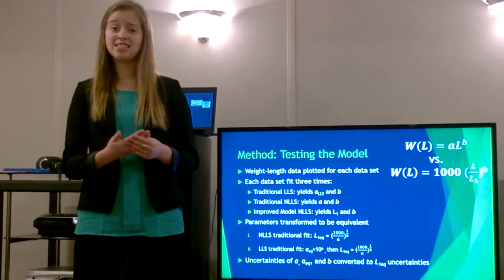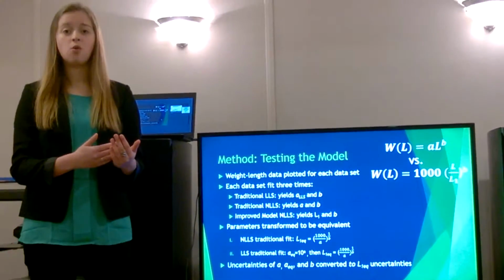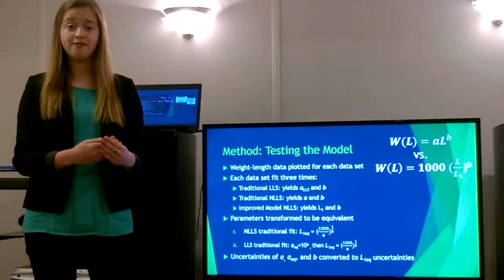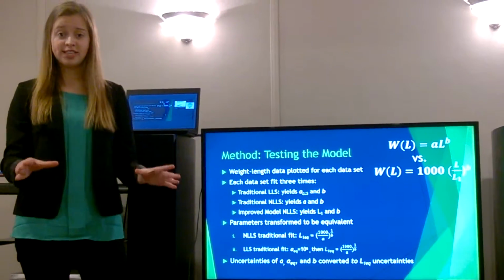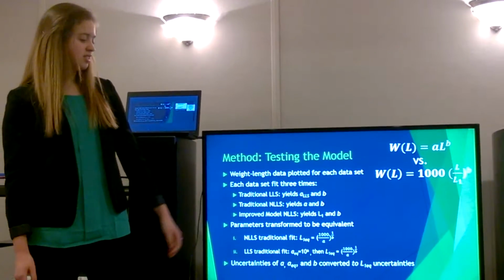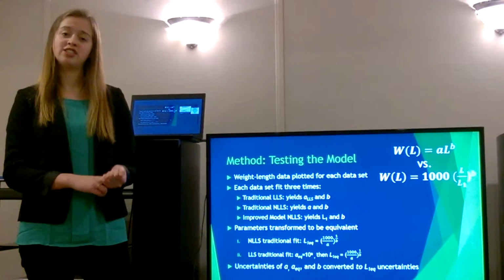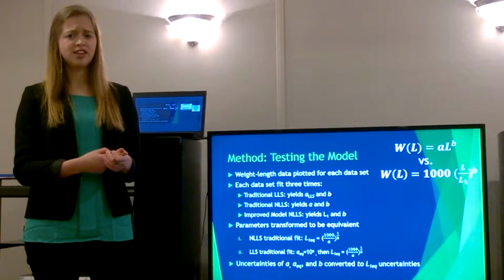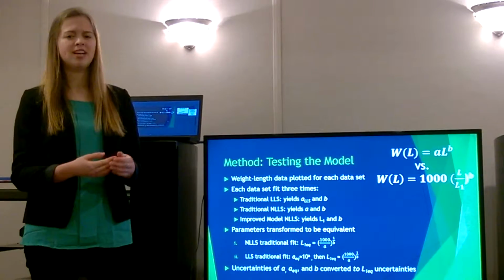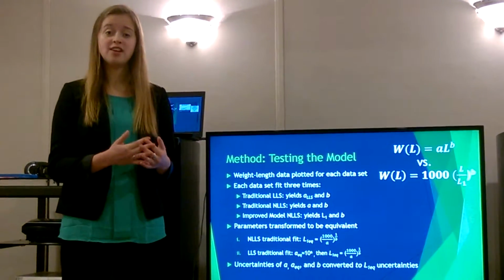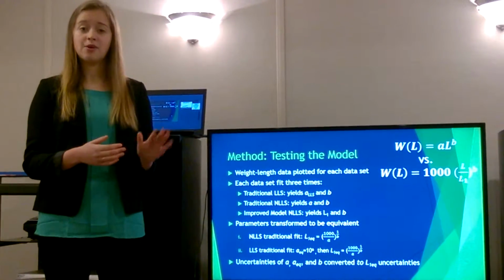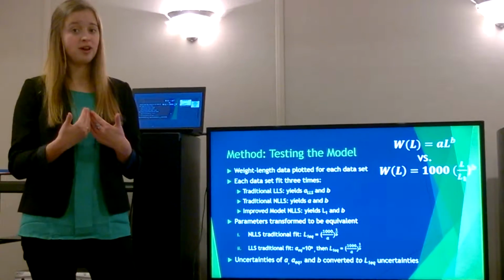So then I had to test the model once I had all these data sets. For each of the 160 data sets, weight versus length data was plotted on a graph. Then, each of those 160 was fit 3 times, to the improved model and then the traditional model, with both a nonlinear least squares and a linear least squares fit, because scientists differ about which one of these provides more accurate parameters, and I wanted to cover my bases and make sure that if the improved model is better, it's